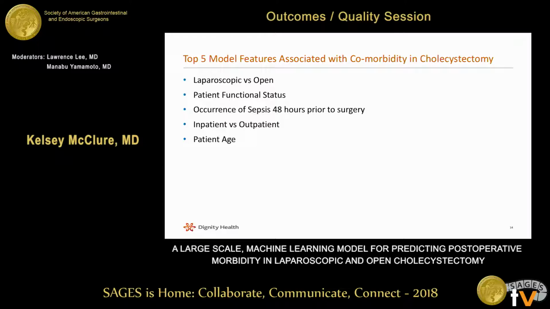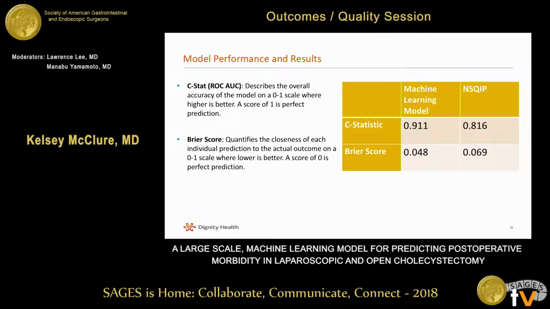Just as the example I gave earlier identified the features most likely to lead to a passenger's mortality on the Titanic, our model was able to identify the top features associated with postoperative morbidity after cholecystectomy. Using the same statistical analysis that was used for the NSQIP surgical risk calculator, C-statistic, which describes the overall accuracy of the model on a 0 to 1 scale, where higher is better and a score of 1 is a